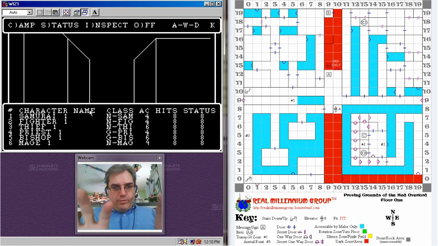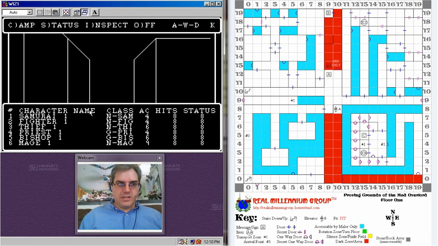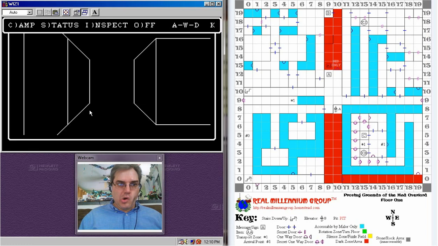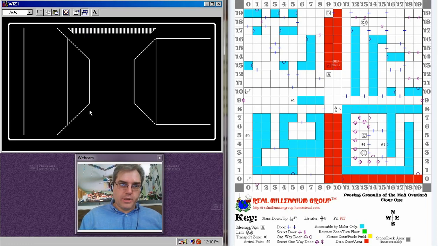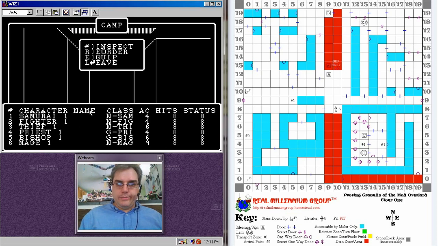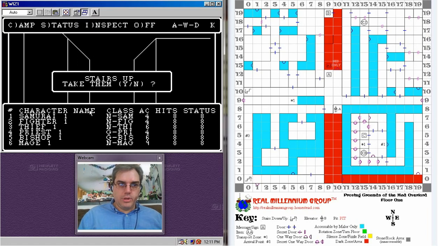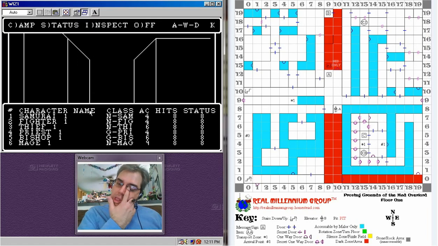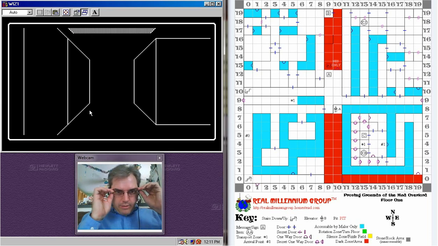As you can see, even with this, the text takes up a lot of the maze. So what we can do, status, we can turn status off. I can turn off the top bar, and hit O again. That brings them back on camp. Basically, where you start off in the maze. We'll go leave. Stairs, take them up. No, we do not. So we'll turn everything off for the moment so we can see.